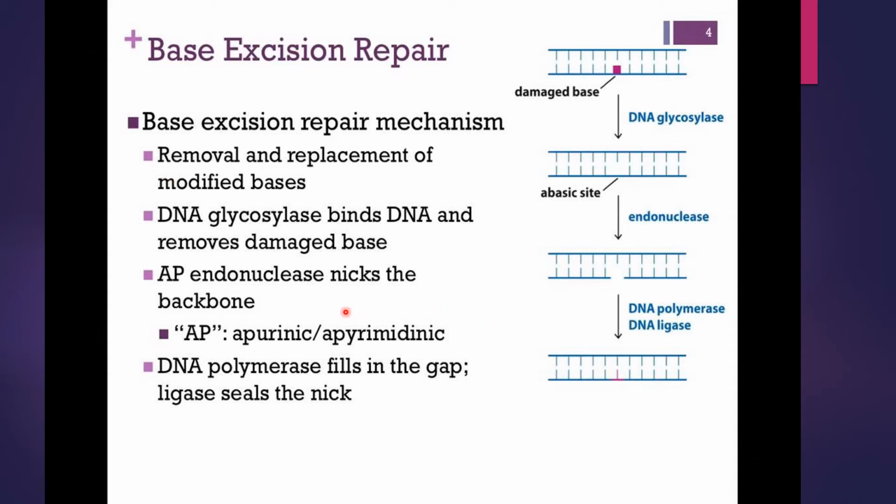On the basis of removal of purine or pyrimidine, this abasic site is known as AP site, if apurinic or apyrimidinic, whatever the base is removed. In any case of base excision or the dimer removal, or any removal and adding of new nucleotides, all of that is governed by these enzymes, DNA polymerase and ligase, which help in the filling of gaps.